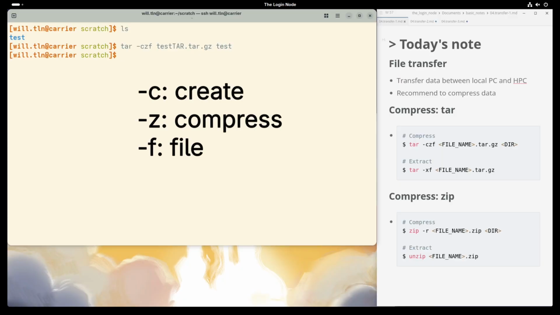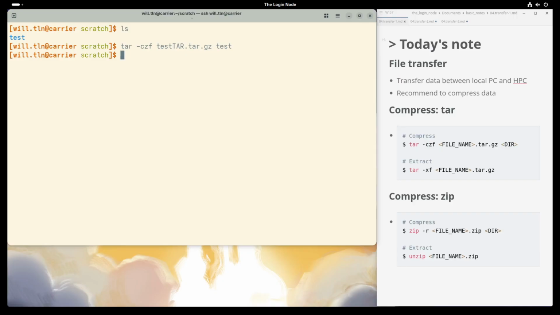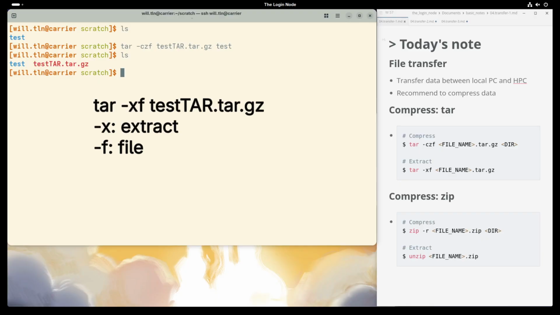Dash c is for create, z is for zip or compress, f is for file. Let's check if the compressed file is created. Type ls. It's there.